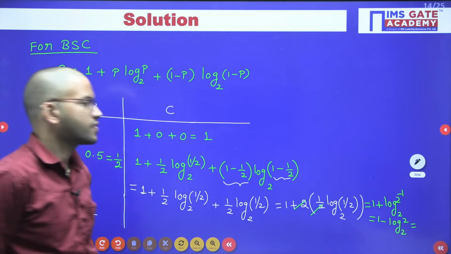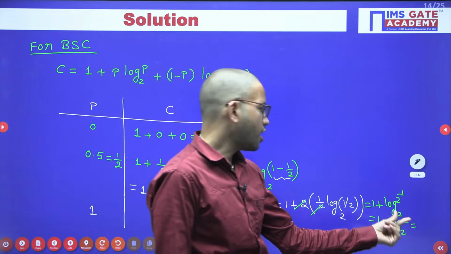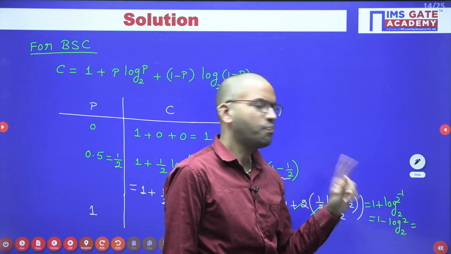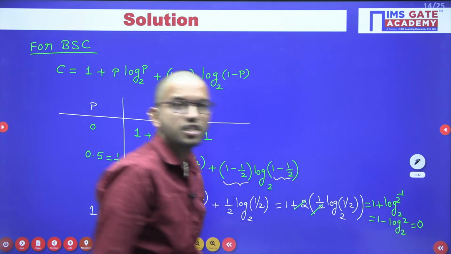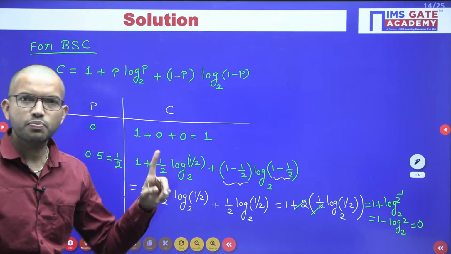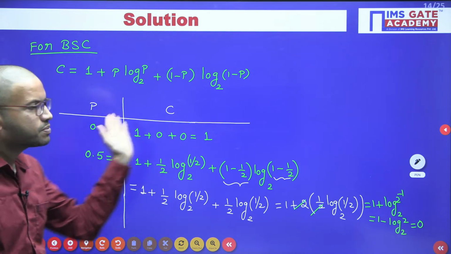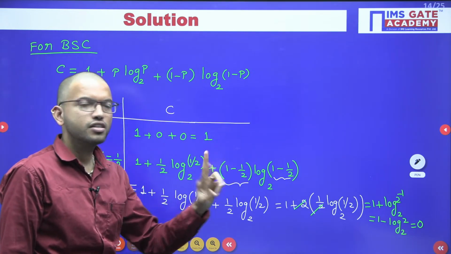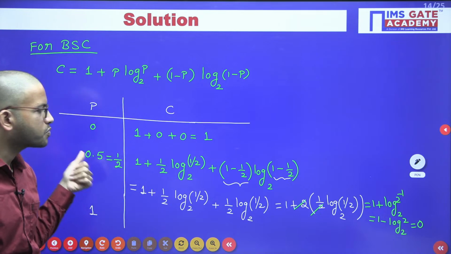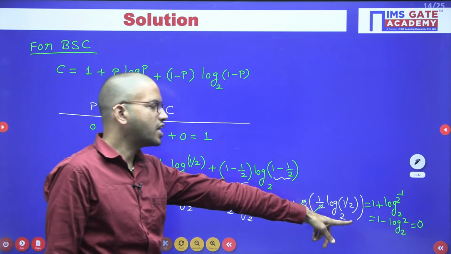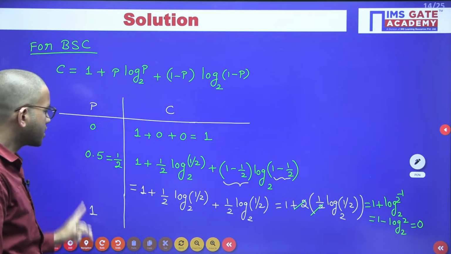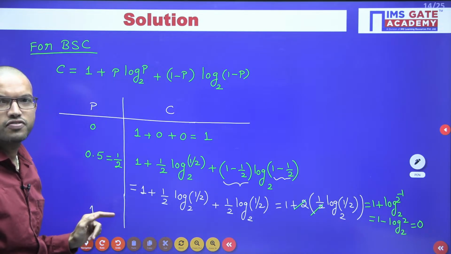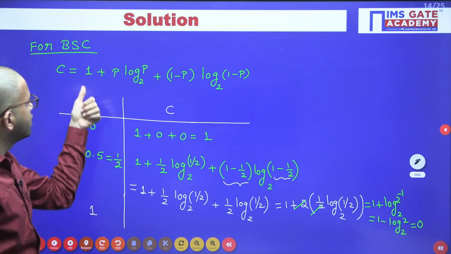Yes, it is very simple, right? Log 2 base 2 is how much? 1. So 1 minus 1 is nothing but 0. When the crossover probability is 0.5, at that time your channel capacity is 0. Okay. Now let us consider the crossover probability as 1. Yes, very good Manoj, very good. Here in this case